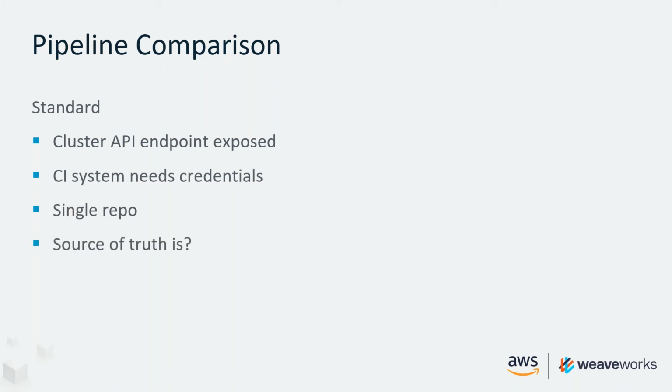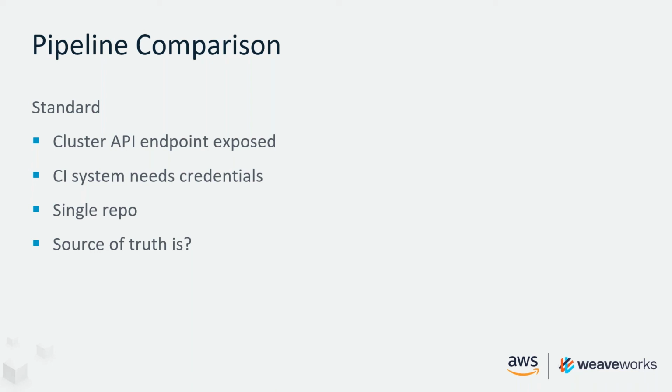If you've lost the cluster, if you accidentally deleted your cluster, you can't go and check the cluster for the state that it's supposed to be in. The CI system itself isn't a good example of where to maintain the state because it's a transient system. And you may have made more changes to the application in the various repositories that your code is stored in by then.